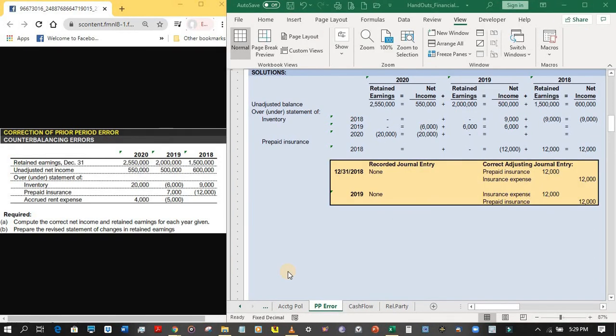So now let us analyze the effects of the errors in 2018 related to prepaid insurance. The error in 2018 is due to the entity's failure to record the adjusting journal entry in 2018, and that is a debit to prepaid insurance for 12,000 pesos and a credit to insurance expense for 12,000 pesos. So the understatement of the prepaid insurance resulted in the understatement as well of the net income in 2018, and